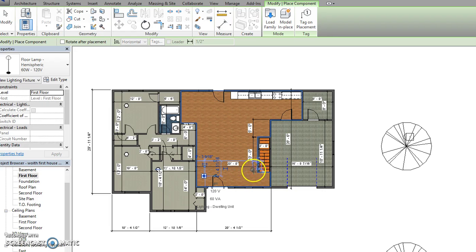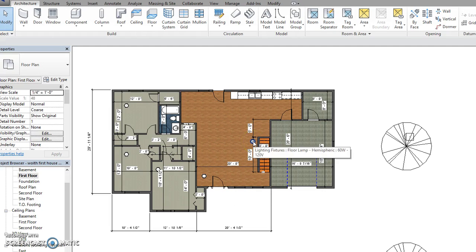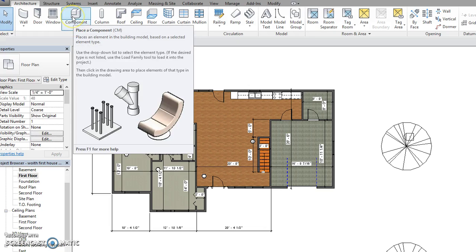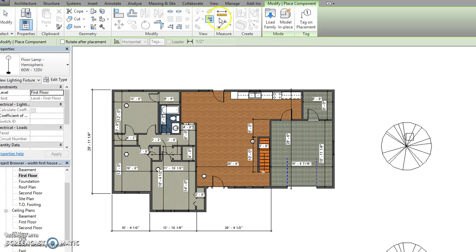Okay, these will illuminate a few lights. I'm just dumping some. Now, keep in mind, the more lights you have, the more time it takes to render. So don't go light insane here and make this thing look like the sun, because it will not turn out good. My favorite type of light is, if you go back to Component and to Load Family,